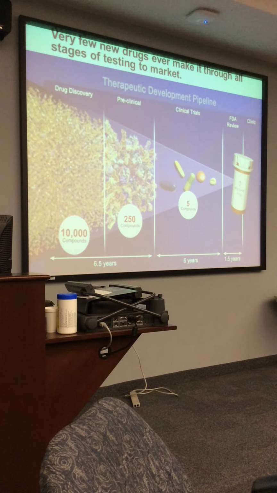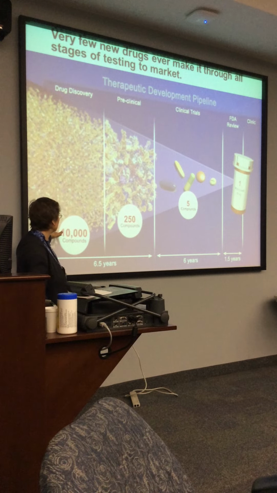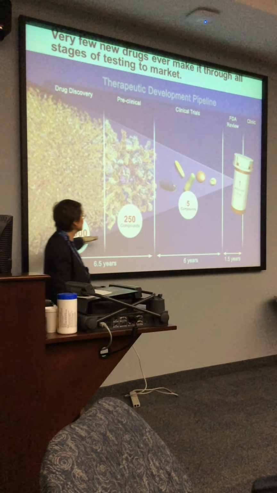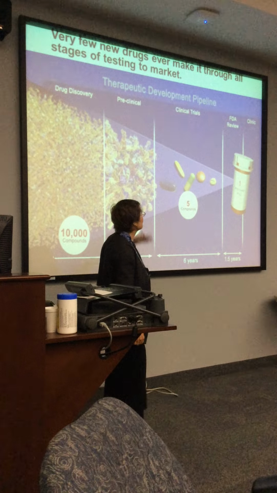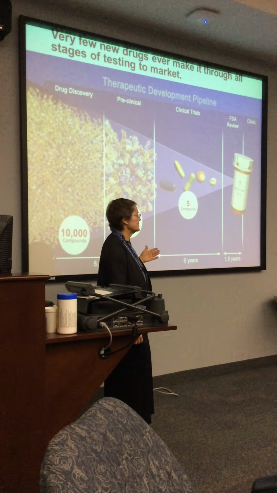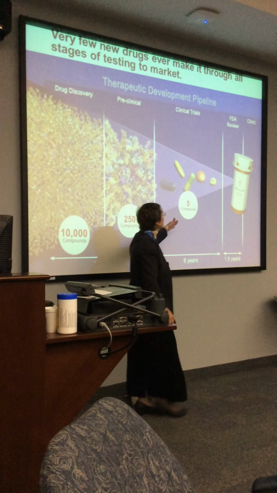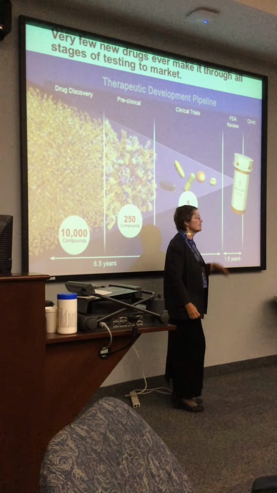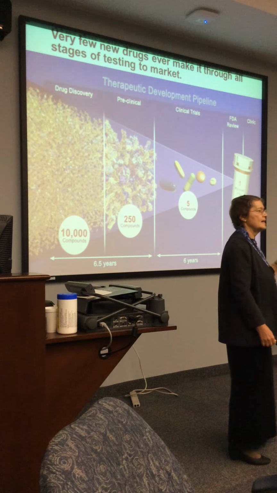Now I want to point out that of all those chemicals that a company may make, they may have identified 10,000 chemicals that they run through high throughput screens. Maybe they take 250 of those chemicals to go through the basic science studies, preclinical studies, but they're only probably going to get 5 of them that they seriously consider to go through any kind of